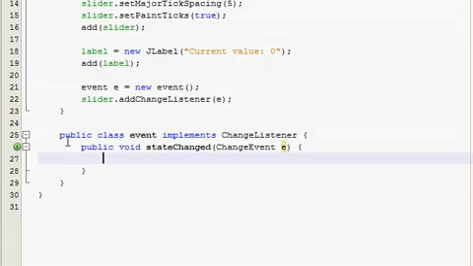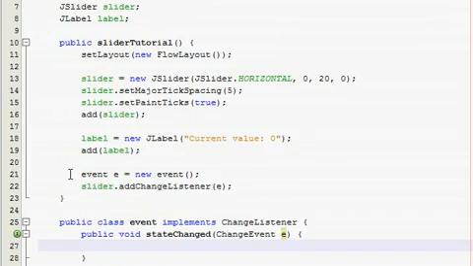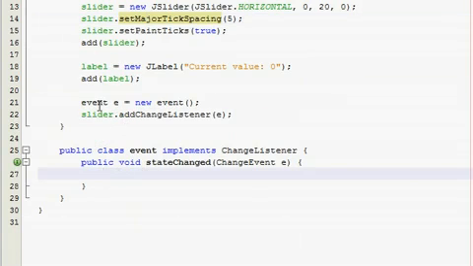Alright, so anyways, what we did so far is we've declared a slider with these values. It's got ticks on it, we've added it, made a label, it's empty. And then we get our slider a change listener. Alright, so now in our stateChanged method, what do we want to happen when we slide